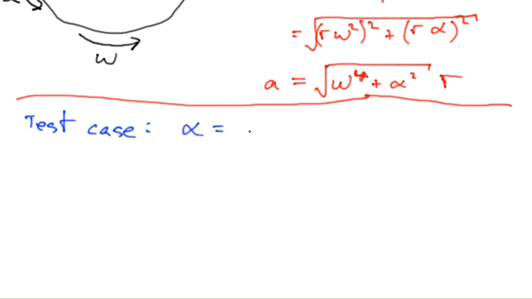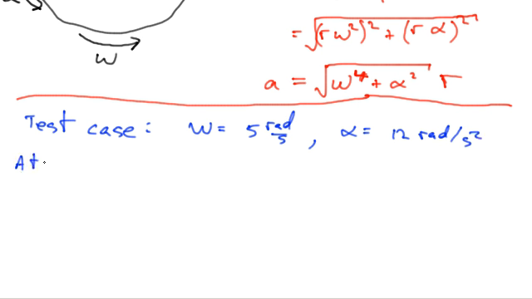For the test case, I'll put down the omega first. Omega is equal to 5 radians per second, and alpha is equal to 12 radians per second squared. So at r equals 0.5 meters, a equals,